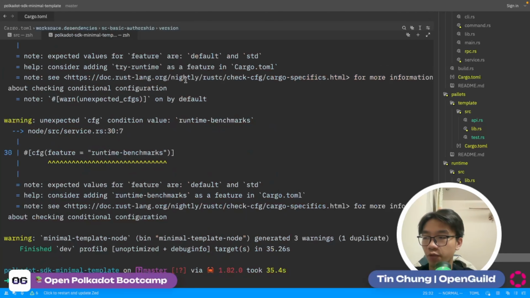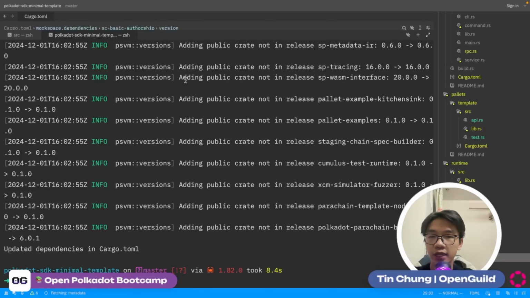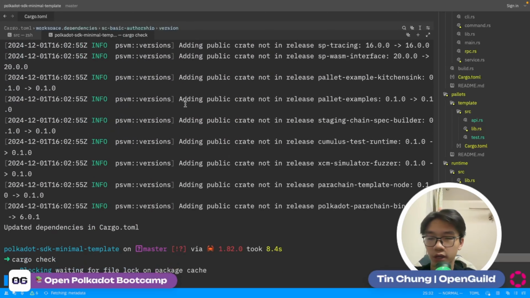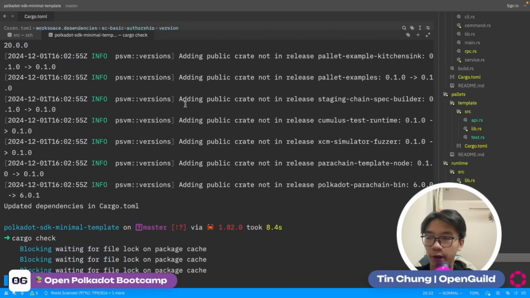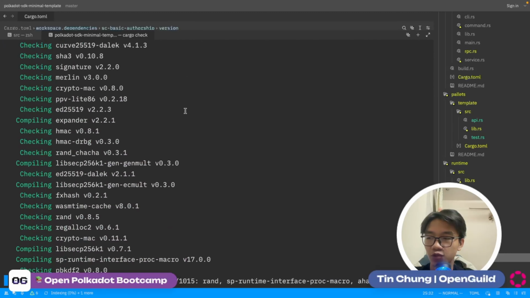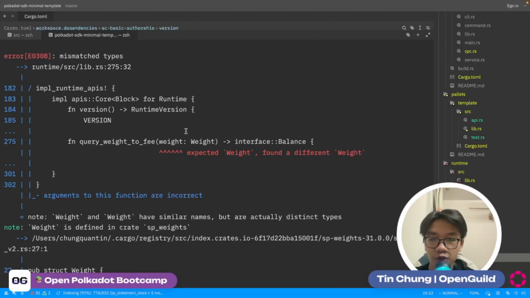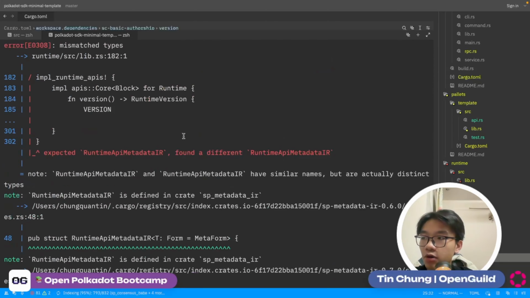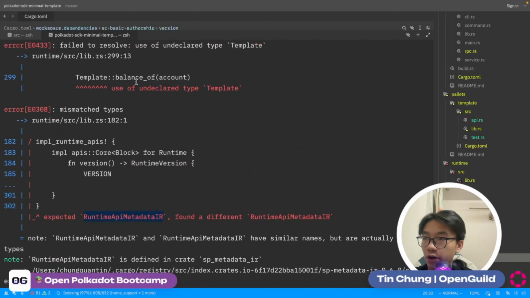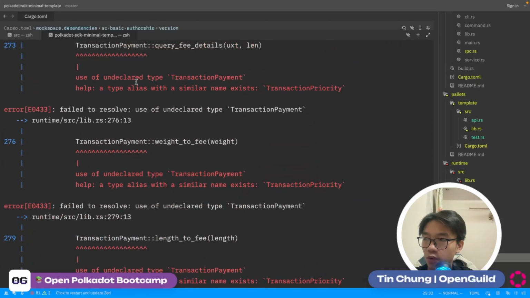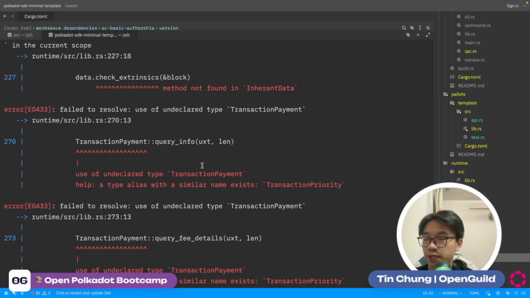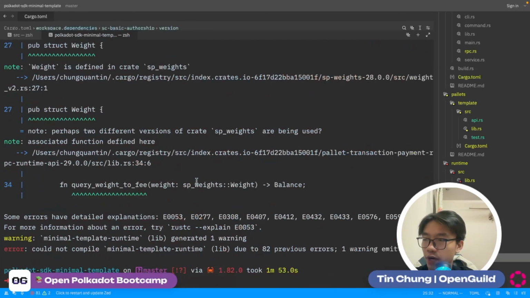But let's say you want to downgrade to the very old version 1.7.0. Then you're going to see a huge version bump between the dependencies, and when you run cargo check, it's definitely going to throw a lot of errors because there are mismatched changes between these two versions. There's already a lot of upgrades along the way from 1.7.0 to 1.14, about 7 to 8 different version changes, and I think we don't want that, so maybe we're going to upgrade back to the